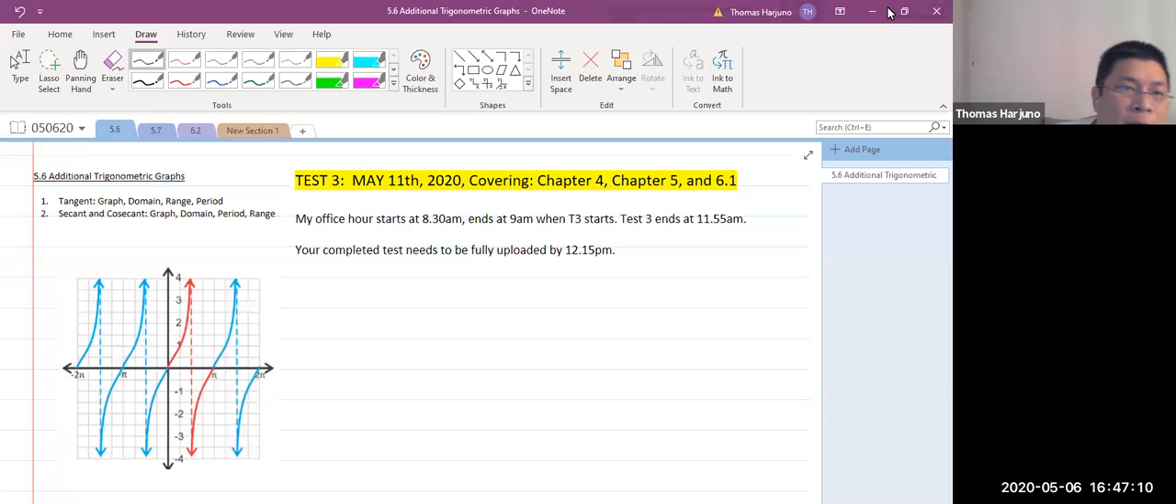5.6, 5.6, 5.7, and 6.1, hopefully. I think we can cover 6.2. In this 5.6, we'll cover